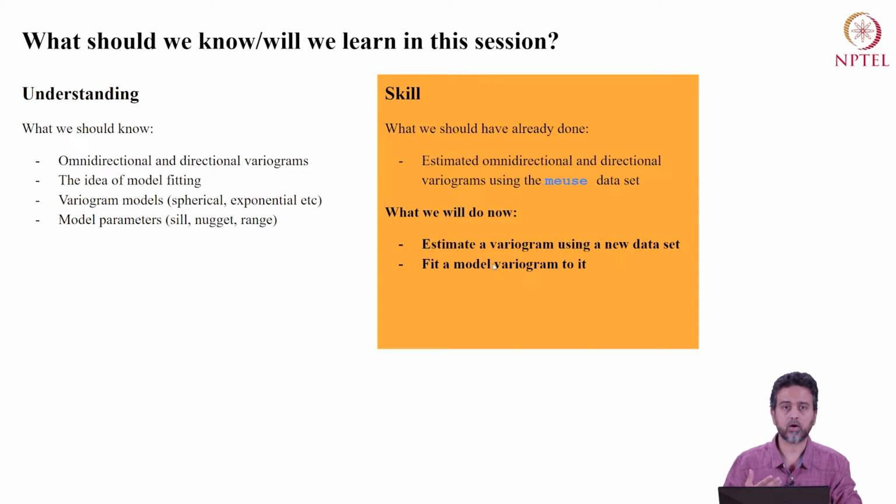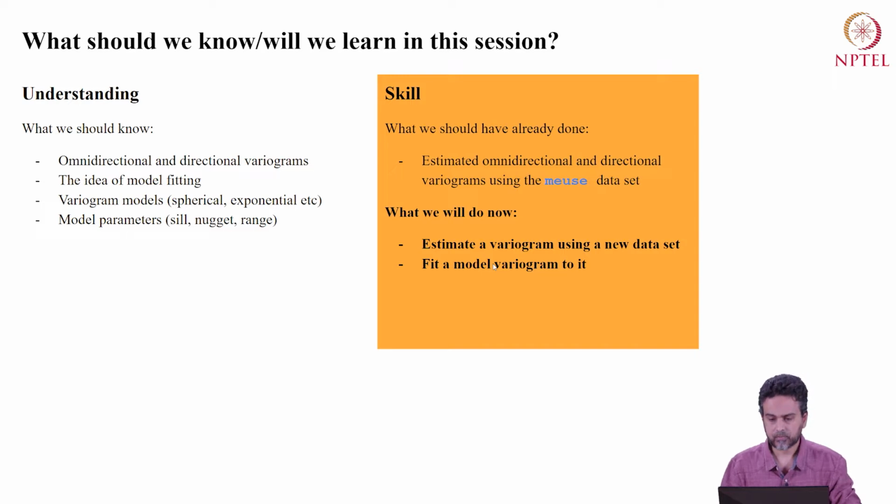You should already know from this course variogram models, the spherical model variogram, exponential, and others, what they look like and how they differ from each other, and what the parameters of a fitted variogram are. These terms, the sill, the nugget, and the range, were covered in the theoretical sessions. So please go and review them if they sound unfamiliar, and if they're familiar to you, then that's great.